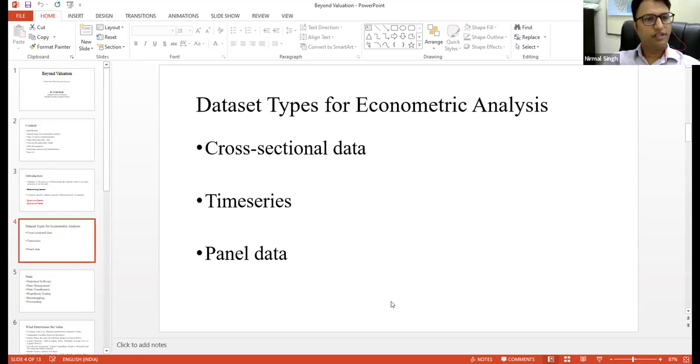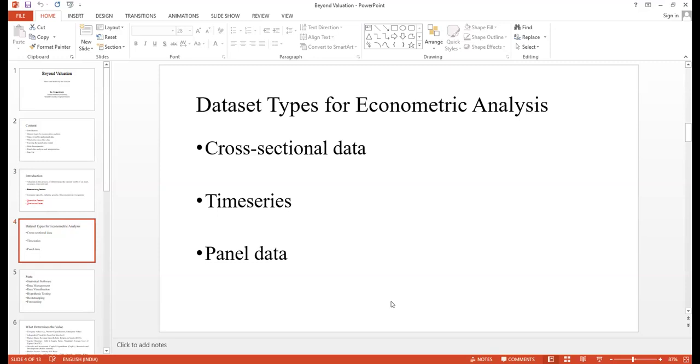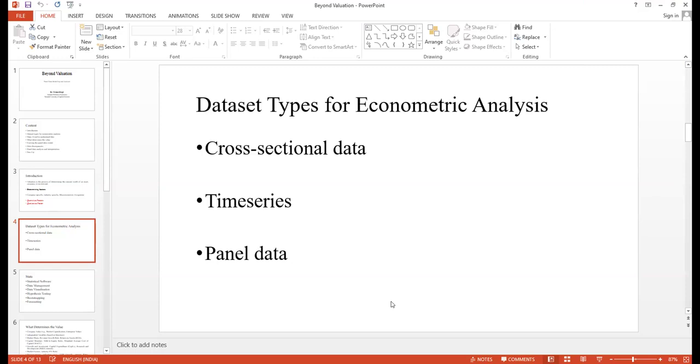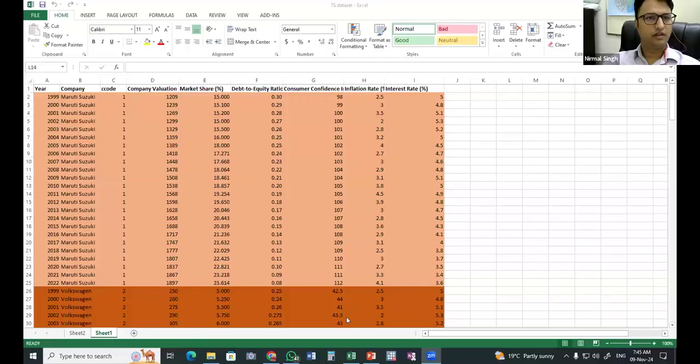The time ranges from 1999 to... Sorry, sir, that Excel sheet is not visible. The PPT is visible. I think you have shared your screen, not the... You need to share your entire screen. Can I share this file with you so that you can share it? I think two people will not be able to share it simultaneously. So if you are sharing your screen... Okay. You have, I think, selected only your... You have to select your entire screen for sharing. Okay. Can you see the...? Now it is visible, sir.